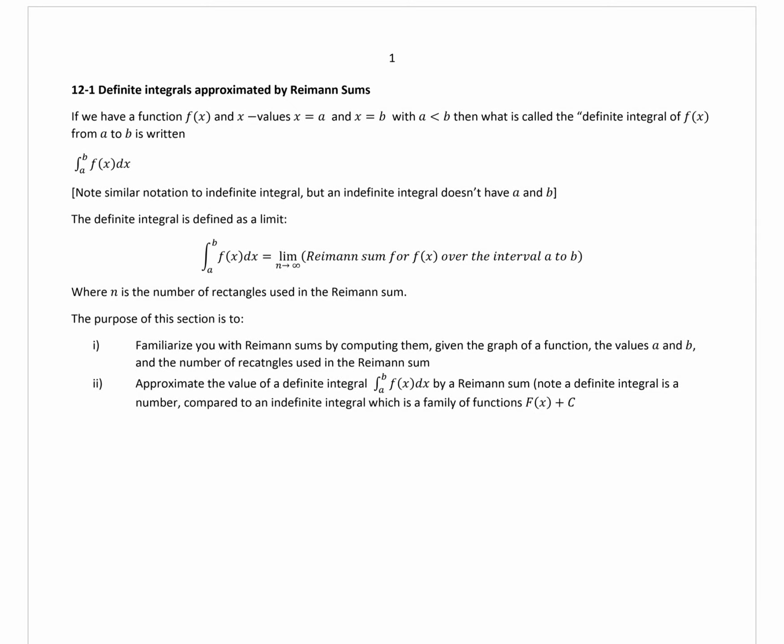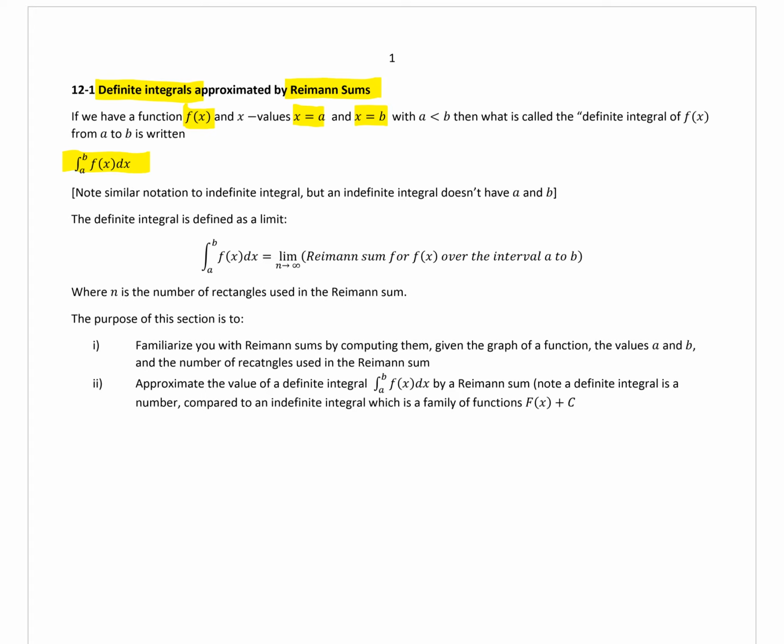Okay, Math 153 students, in this set of notes, we're going to look at something called the Riemann sum, which is used to approximate what's called a definite integral. Definite integrals are defined when we have a function and two given x values, a, which is less than b. Then the definite integral of f of x from a to b is written this way: